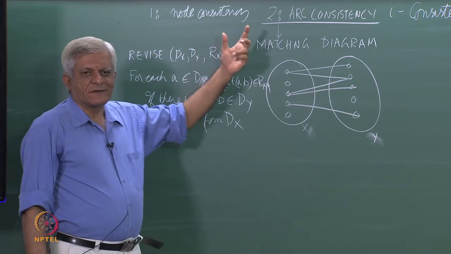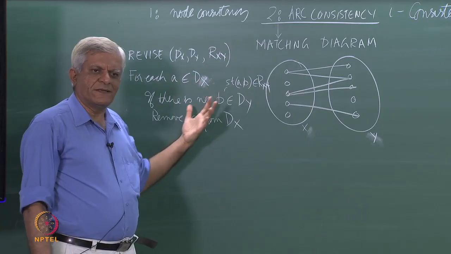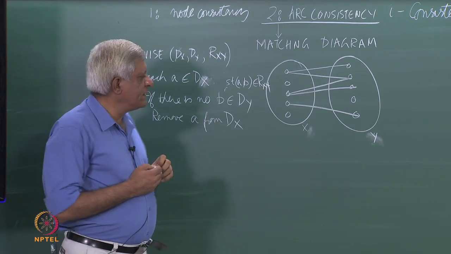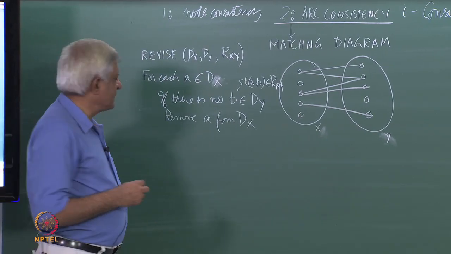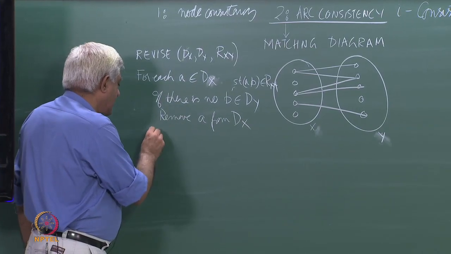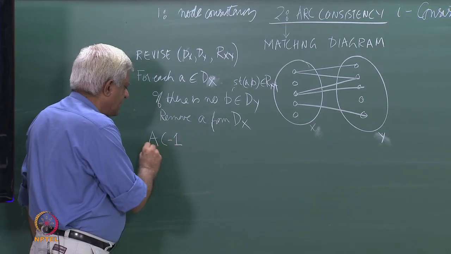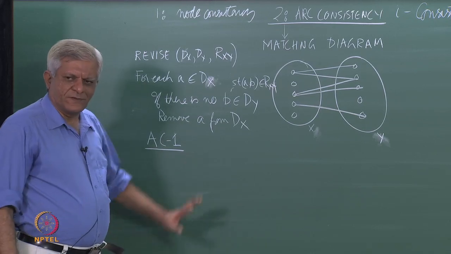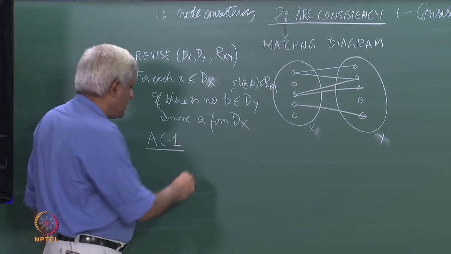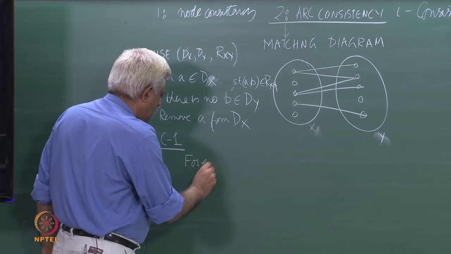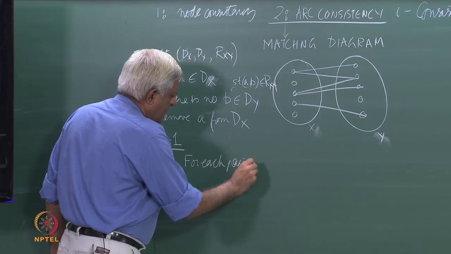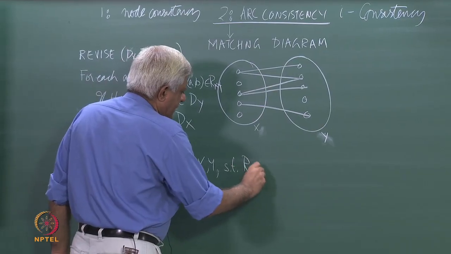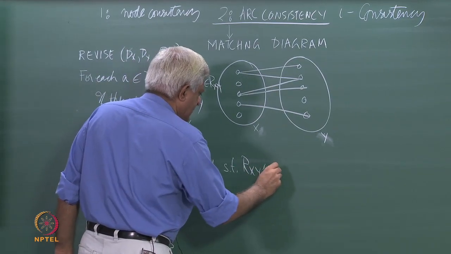So, the process of doing R consistency is basically doing this repeatedly, so that all pairs of variables are consistent essentially. The simplest algorithm for doing that is called EC1, which stands for R consistency 1, and it does basically the following: for each pair x y such that r x y is a domain, r x y is a constraint,